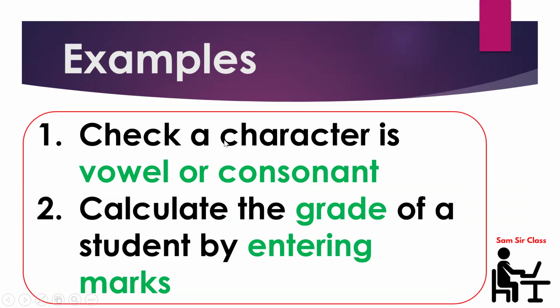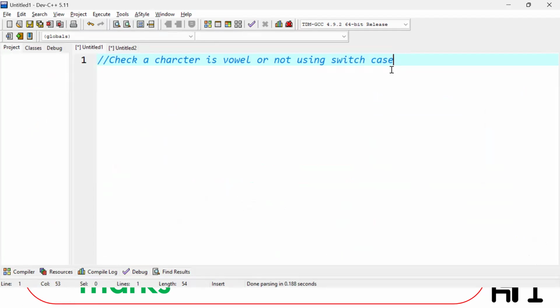One, you have to check whether a character is a vowel or consonant by using switch case, and also you have to calculate the grade of a student by entering marks using switch case. Okay. These programs we have already done using if else, but now we'll rewrite the same programs using switch case. So whenever you are checking whether a character is a vowel or not, first of all you have to